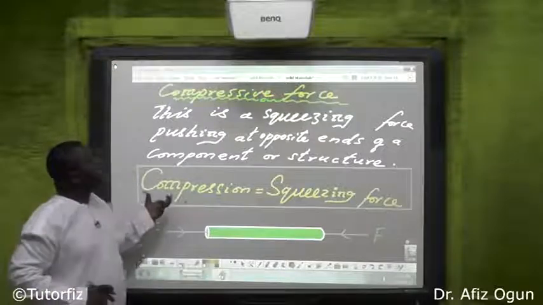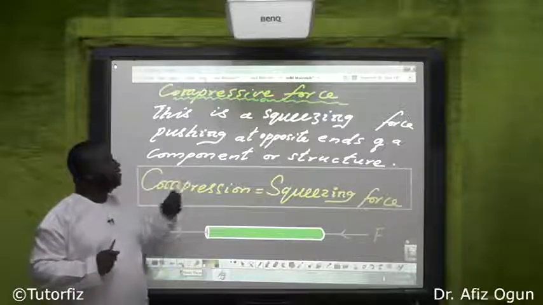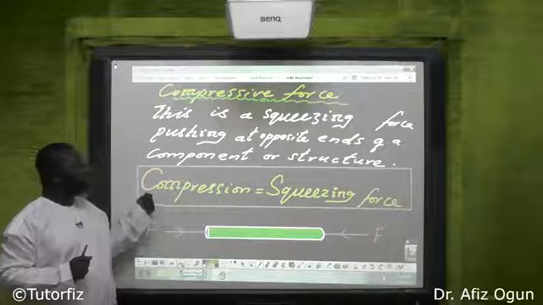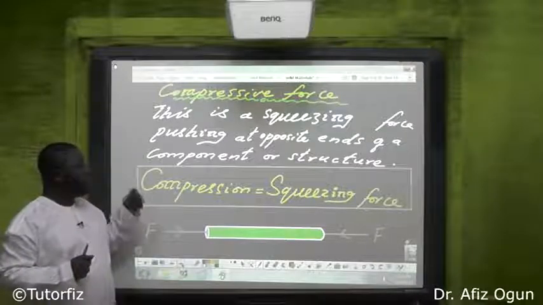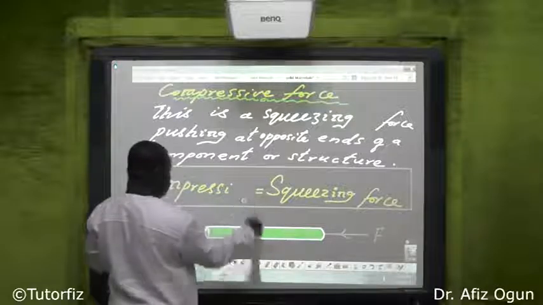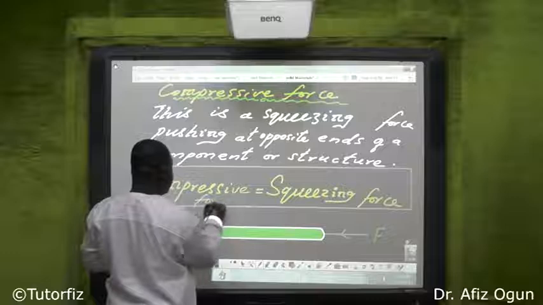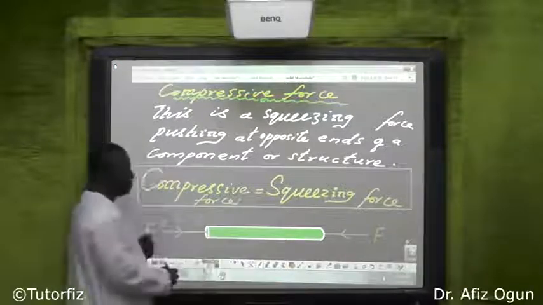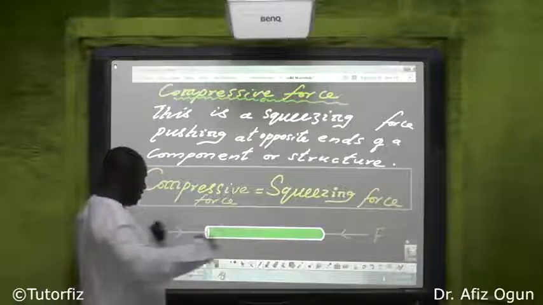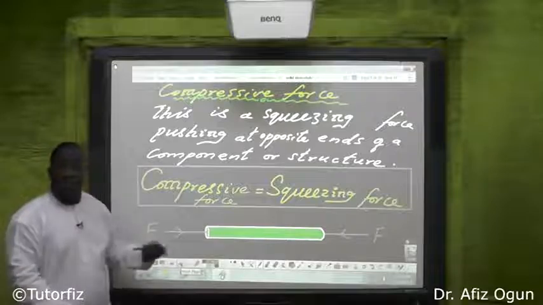And compressive force is a squeezing force pushing at opposite ends of the component or structure. Compression equals squeezing force. Compression is squeezing force or compressive force. So you pull it there, you push it and push it, you squeeze it together. Either compression or